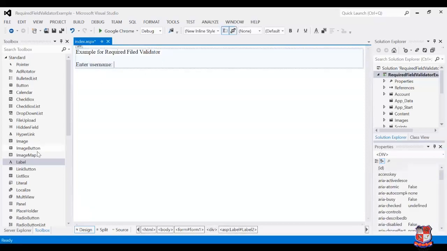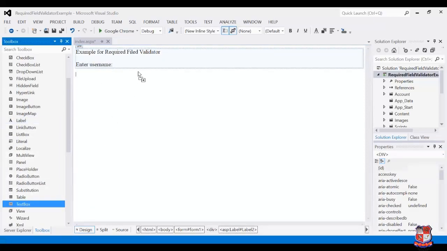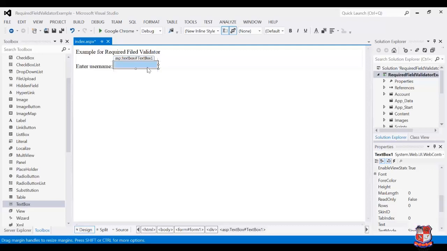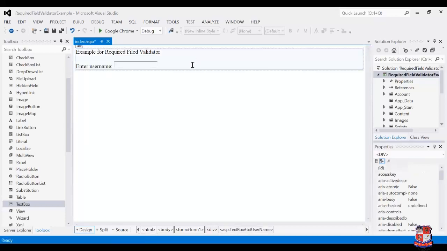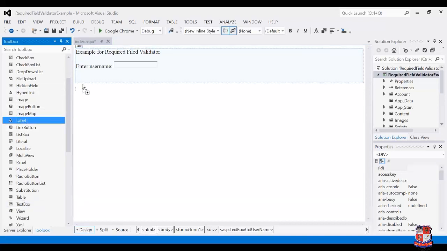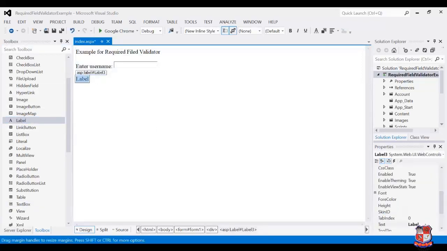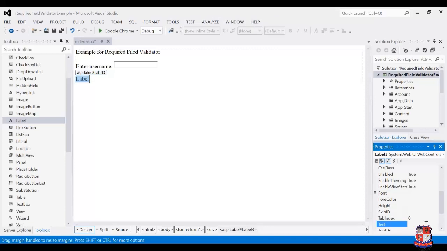Then I drag and drop a text box control from here and put it over here. I'm changing the id of this text box and giving it txtUserName. Then I'm going to enter another label with the message, enter password.